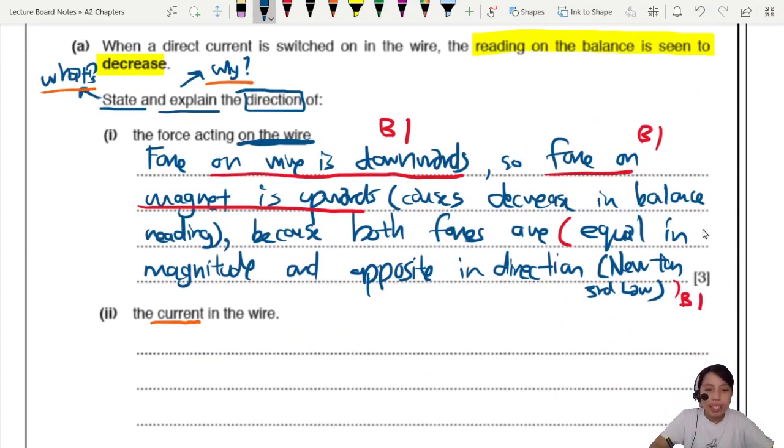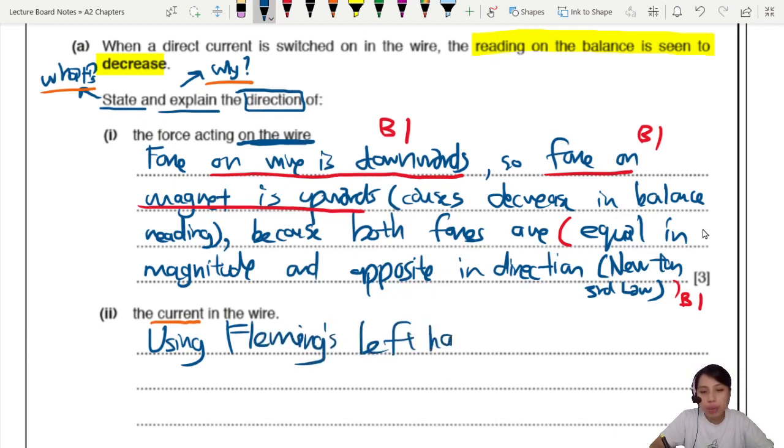Okay, current in the wire. How do you know it's pointing from B to A? You say, using Fleming's left hand rule. Do you need to explain how to use Fleming's left hand rule? No need. You just say, using Fleming's left hand rule,